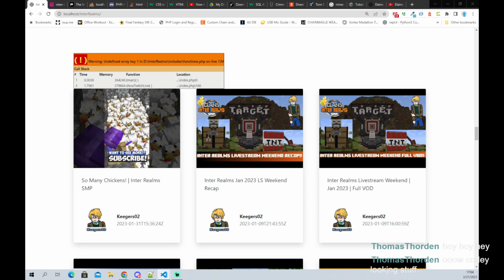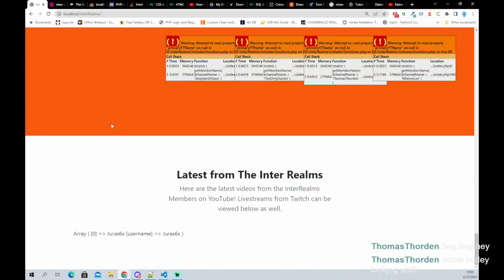I'm really sorry, I just wanted to finish this. Okay, that's what I want to do. And now my next door neighbor's dogs are barking for my other dogs. Okay, so what I did was I did a print of that variable, so now we can see it is only grabbing Jurassics.